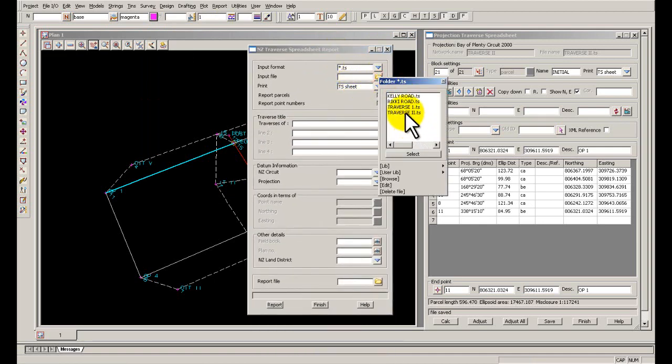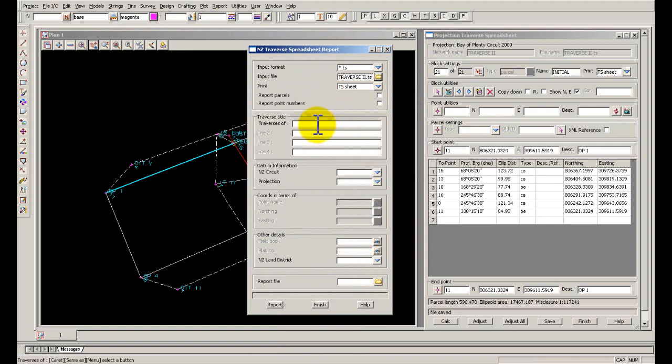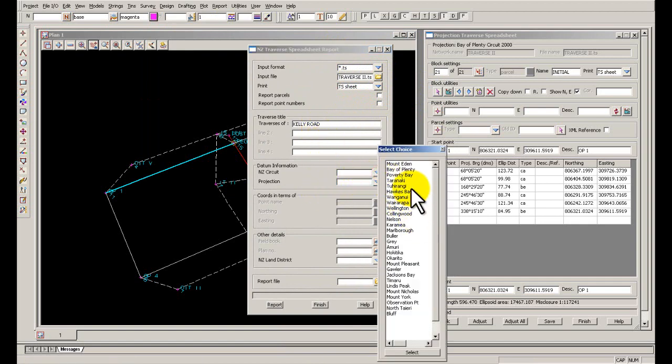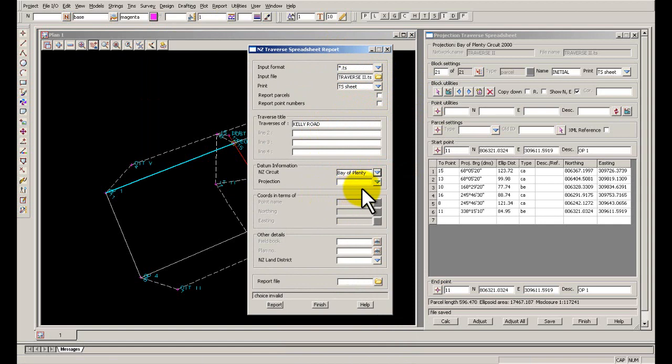Our input file will be Travis 2, the one that I've put in. I'm just going to call this Kelly Road, the New Zealand Circuit. Of course, these need to be filled in if you're going to be using formal Travis sheets, GDEC 2000, although it doesn't help to have this sort of information in. It's in the South Auckland Land District, and we'll call this one